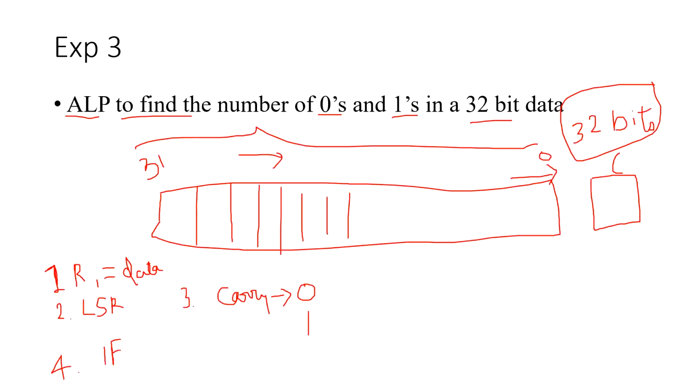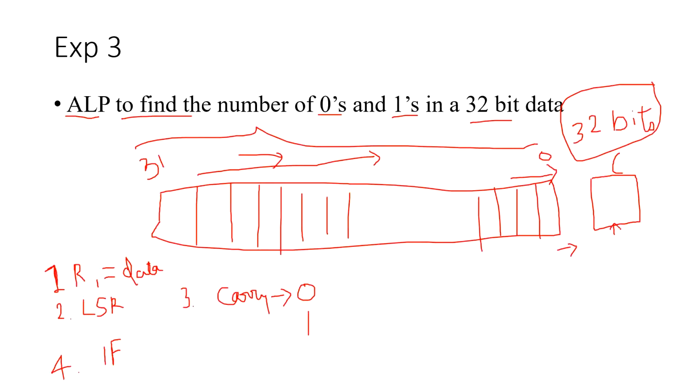Correct? We have to keep this so as to make sure that the data can be moved 31 times, because we have to check each bit whether it is 0 or not. First I move, so the LSB will come and sit here. Second, I need to move the second bit, third bit, like this. I should move every bit, so for that I should keep a counter of 31. Each bit will come and sit in the carry, and in the carry I can read whether it is 0 or not.